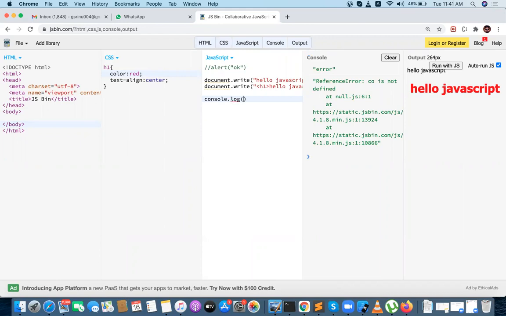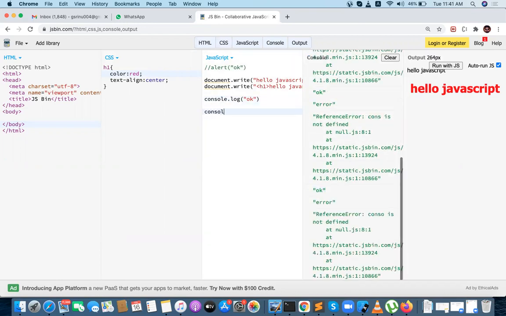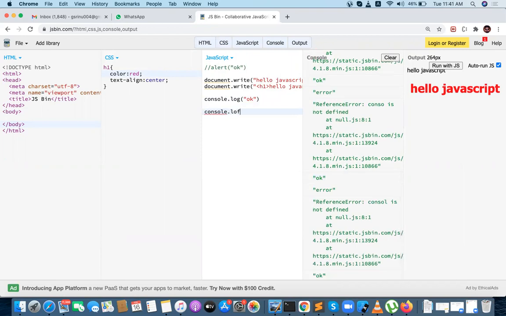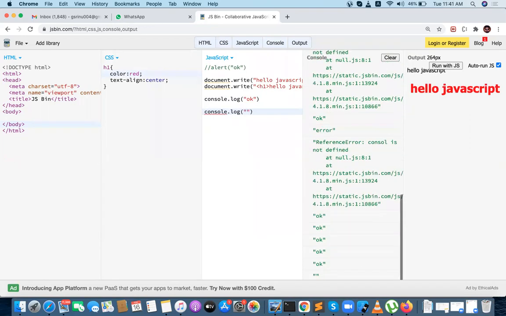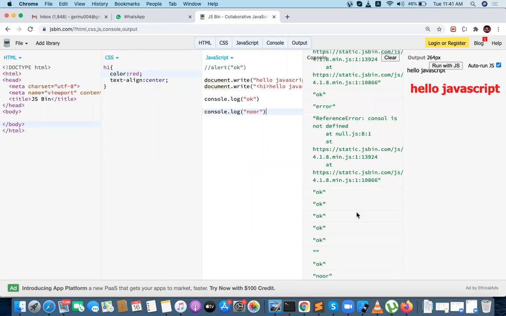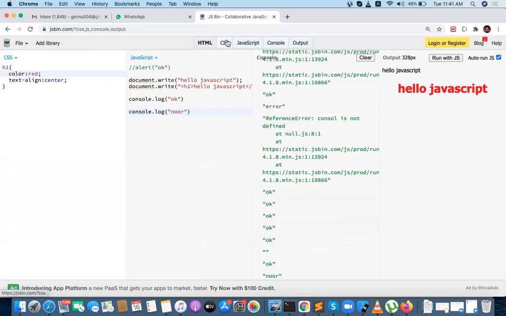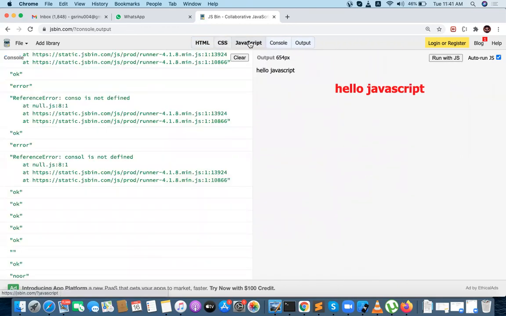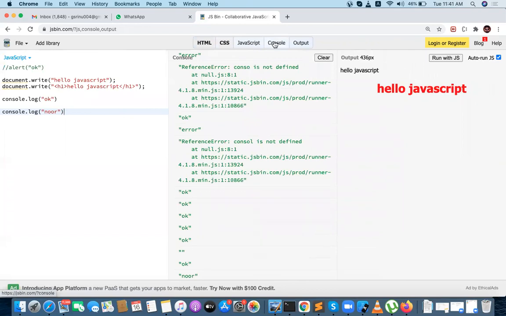Console.log. Can you see the console output here? Console.log, something like a node. Can you see here? Everything you can see: HTML, CSS, JavaScript, console, output.